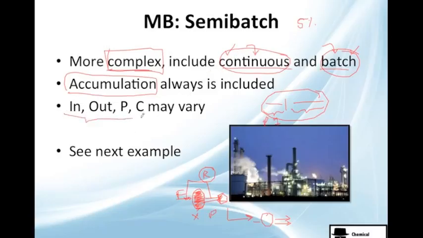So as previously, you cannot know if inlet, outlet, production and consumption variables vary. So please do an analysis, please, guys. Which stuff goes in, which stuff goes out, what is the production, and of course, what is the consumption. All this will give you an equation of accumulation, and you can solve it. So I'm going to bring you an example right